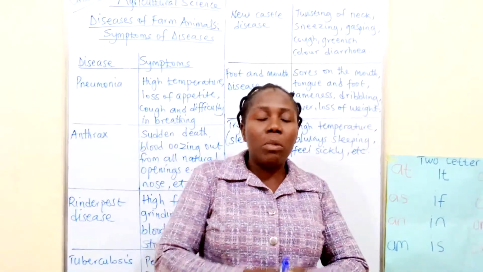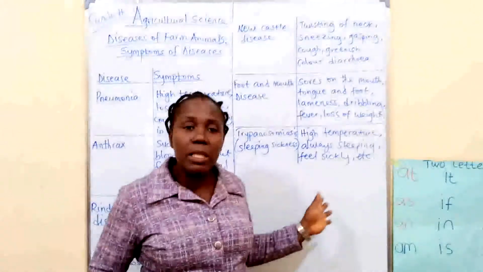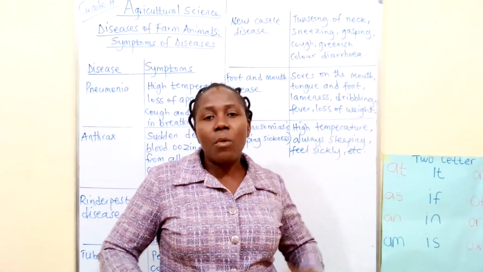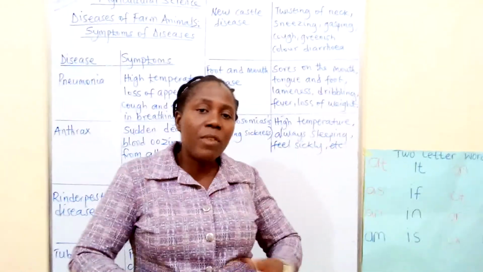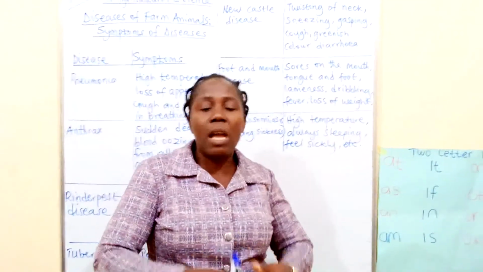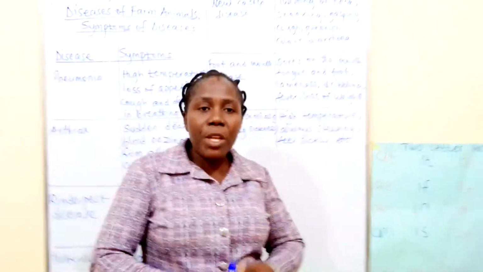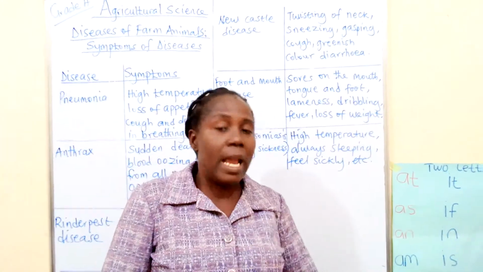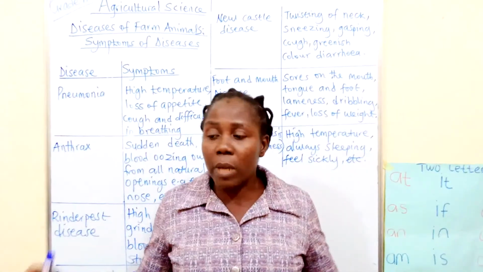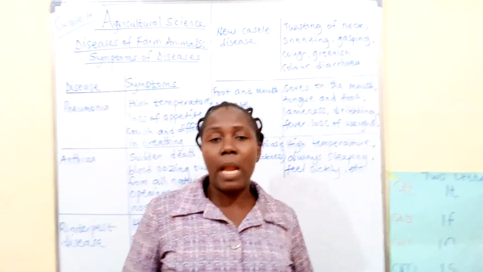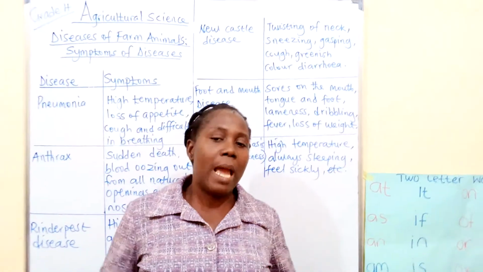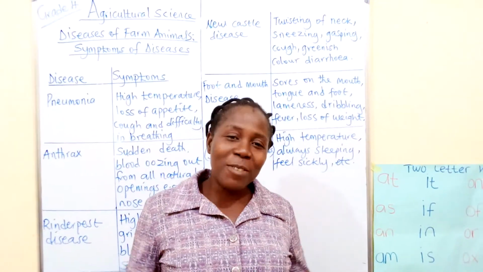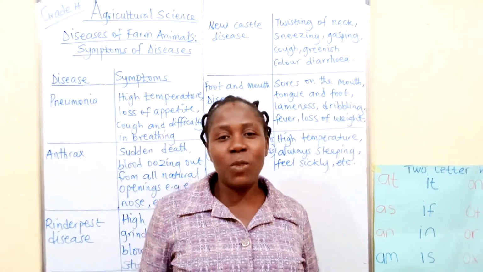Then another way we can prevent and control these diseases is good management. We look at it in terms of feeding. You must give them adequate food. You don't have to starve the animals. If you feed them well, they will be healthy. Another one is to isolate any sick animal. Immediately you notice that an animal is looking sickly, you may not know what is wrong with that animal. Remove it from others. Isolate it. So even animals can also go for isolation. Can you see? So these are the few ways we can prevent